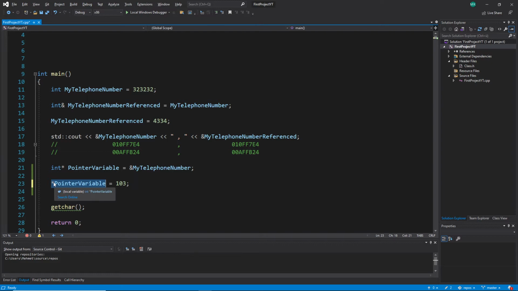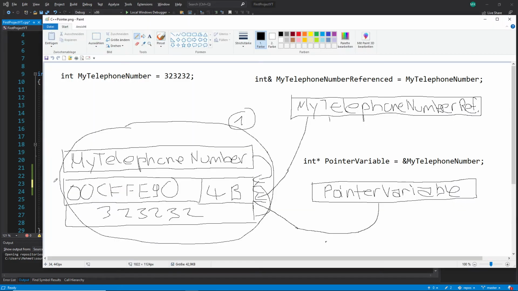Dereferencing means don't give me back the pointer variable value, give me back the value of the pointed address, which means you point to this address, and now give me not this address back as a value, go one step further and give me the value